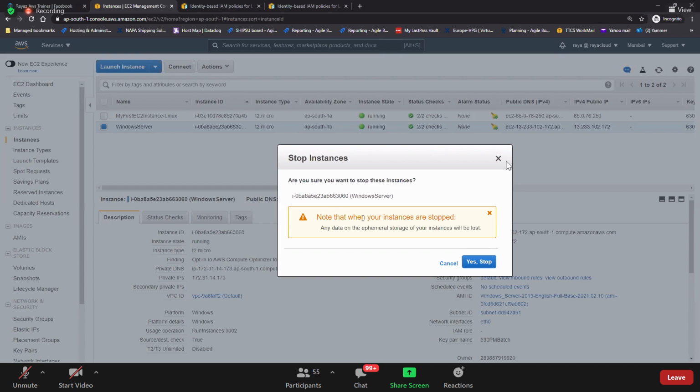Instance store volume. The another name of instance store volume is ephemeral storage. Right? So okay, now can you tell me if you stop and start the machine, the data will be lost or not in the ephemeral storage? Yes, that's why it is saying that note when your instance is stopped, any data on the ephemeral storage of the instance will be lost, not your root volume.